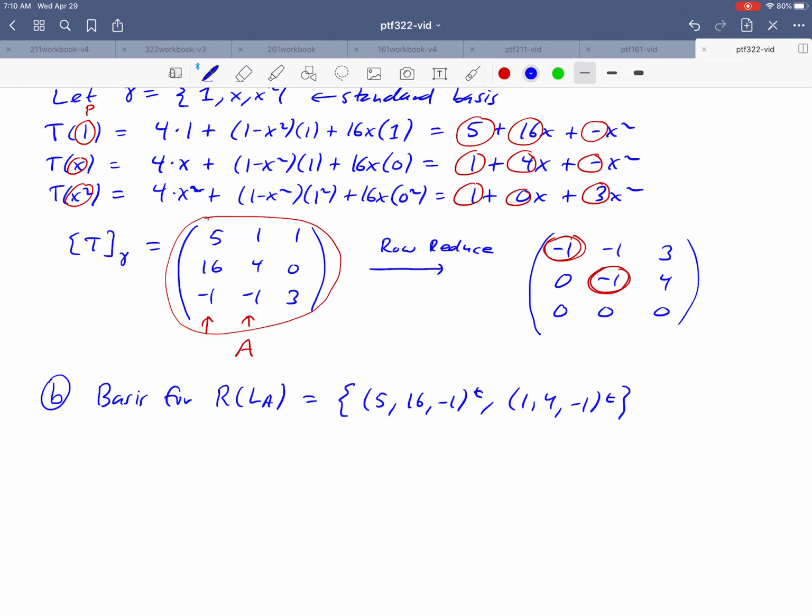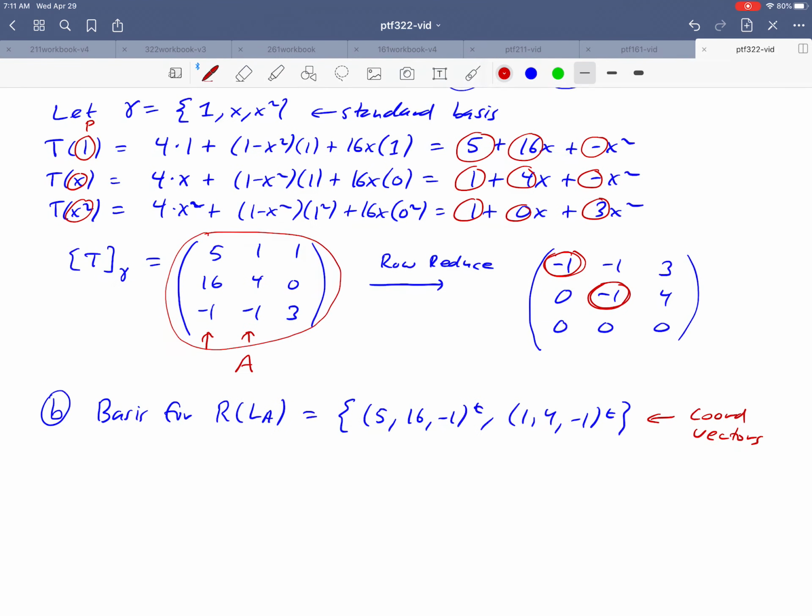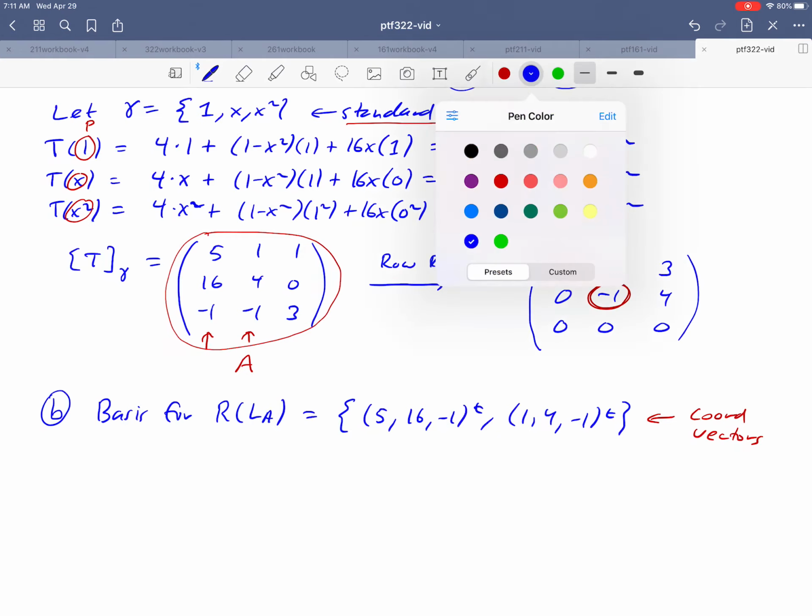Okay, now how does that help us to find a basis for the range of T, which is what we're really after? Well, there we need to remember that what we're really talking about here is coordinate vectors. Coordinate vectors relative to the basis that we've chosen for the codomain. In our case, the basis that we've chosen is just the standard basis. So all we really need to do to get the vectors in the basis for the range of T is to just start here